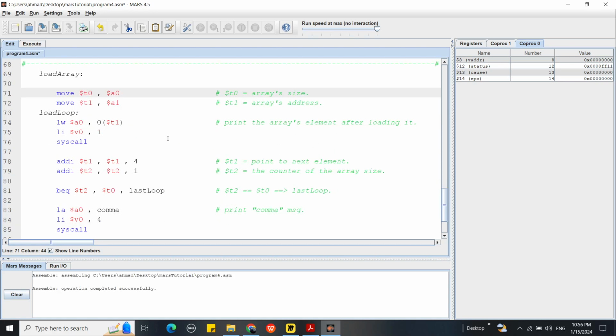Okay, so basically I made the loop. As soon as we start, like, move our argument to registers, I load the elements from T1 to A0 immediately, so I print them, right? Print the array's element after loading it. So it's like saving steps, instead of loading it to another register and then moving what's inside that register to A0. I just load it to A0